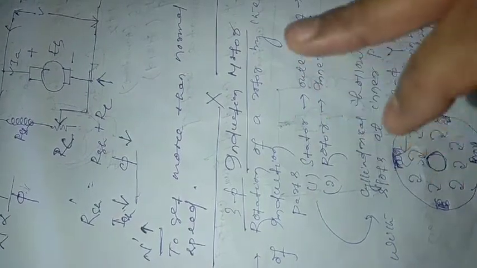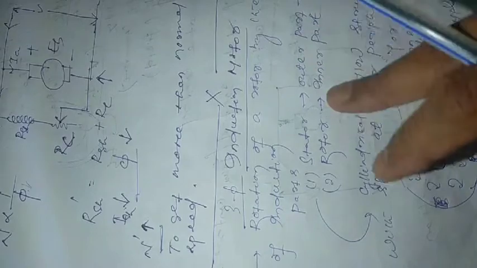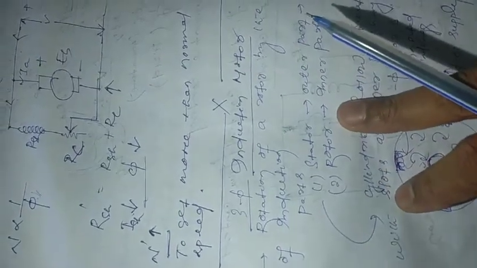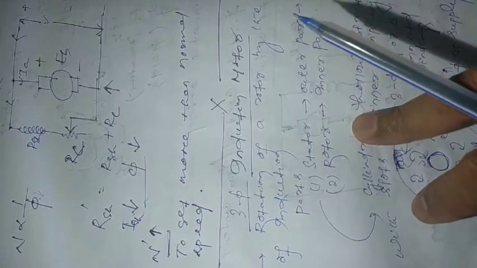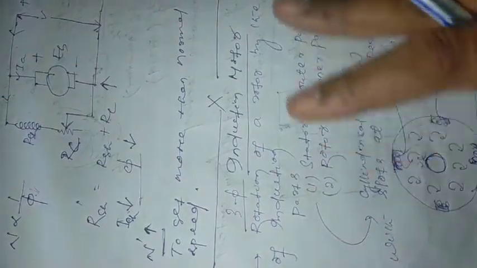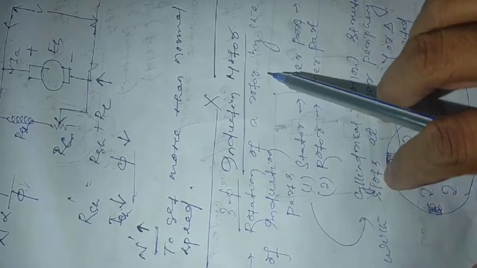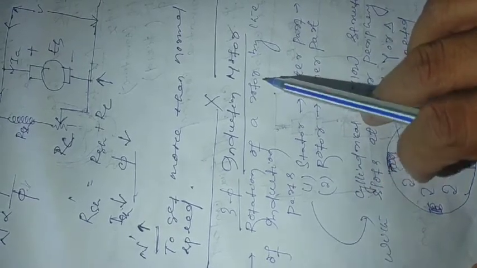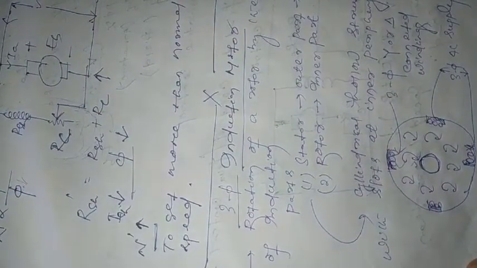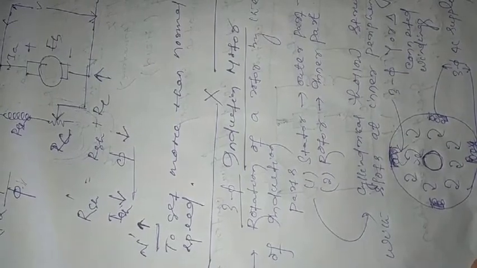We have to give the current to the armature winding, then it becomes a current carrying conductor. When it is placed inside a magnetic field, it will experience a force. But here the process will be something different. So in a three-phase induction motor, what actually happens? Earlier we had two parts, armature and field, or stator and rotor. Here also you have two parts, one is the stator, the next one is the rotor.